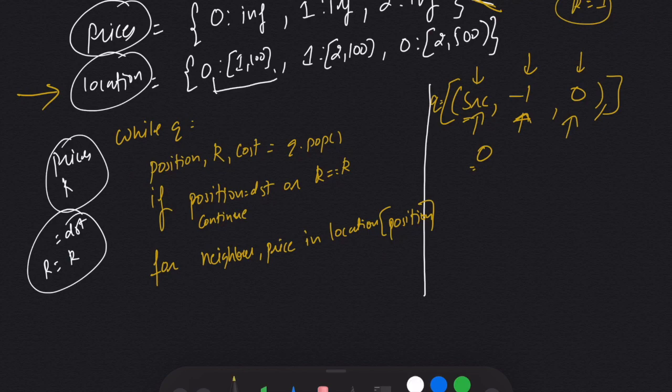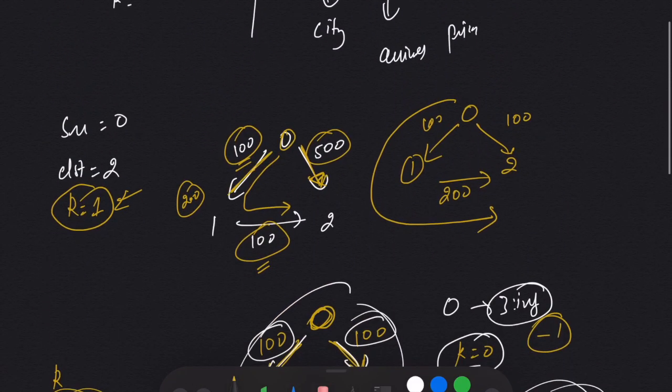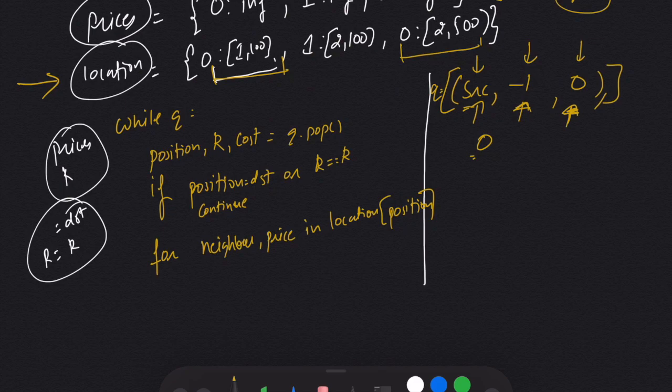That means this value and this value, because if you see the graph, from 0 either I can directly reach 1, or I can directly reach 2. So the neighbors of 0 are 1 and 2. So now I will compare the cost of reaching my neighbor.